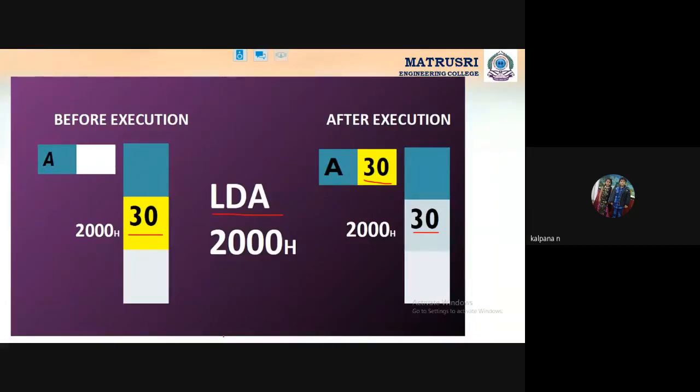Okay. So this is an example, LDA 2000H. What is present in the 2000H address location? At this address location, the number 30 is present. So this 30 we are loading into the accumulator. After execution, the data will be present in both the memory location and the accumulator. Next,